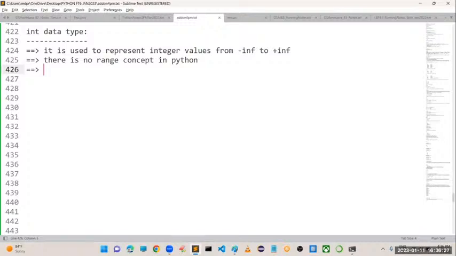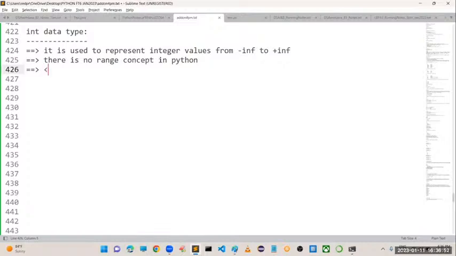Keeping that in mind, Python has removed these kinds of situations. So we don't have any range concept here. If you take either integer or floating point or any other data type, such limitations are not there. It can store any big value, any small value, no issues at all.